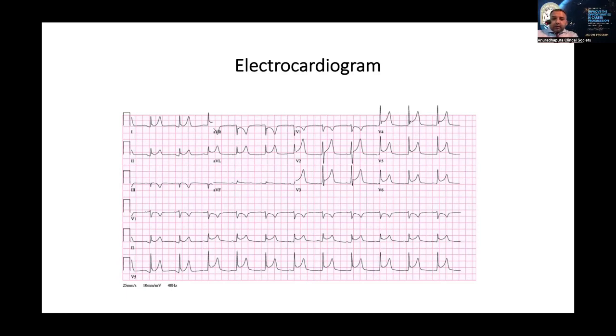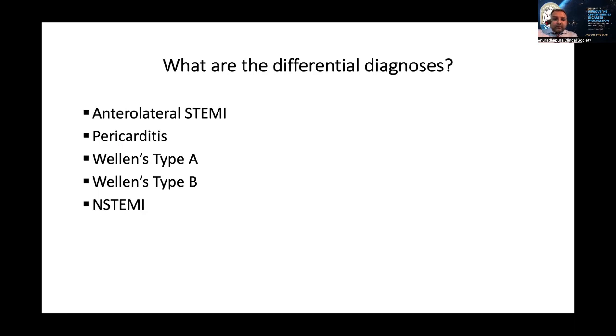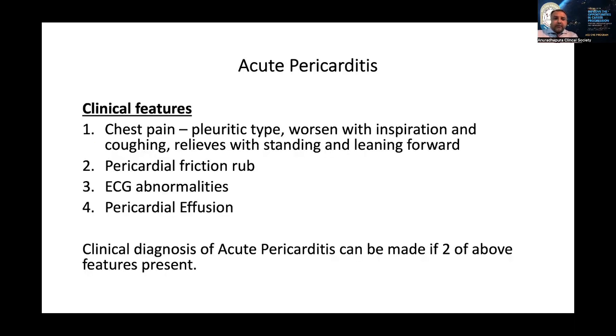Yes, so this is, of course, acute pericarditis. And you have to go through the chest pain in detail. This is the most important thing here, and that's what I want to highlight as well, because this chest pain is not typical as you get in angina, right? This is a pain which is maybe pleuritic, sometimes worsens with lying down or supine position, and which relieves with bending forward. So these are typical.